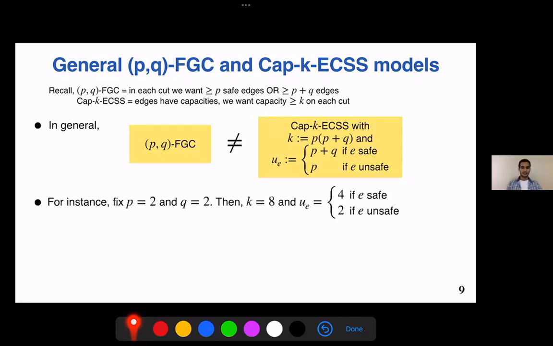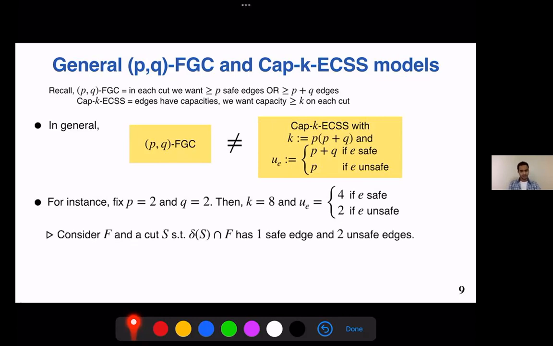Concretely, fix P equal to 2 and Q equal to 2. Then k equals 8, and safe edges have a capacity of 4, unsafe edges have a capacity of 2. Consider a solution F and a cut S such that the set of F edges on this cut has 1 safe edge and 2 unsafe edges, exactly this. Okay? In the PQ-FGC model, this cut certifies that F is infeasible because